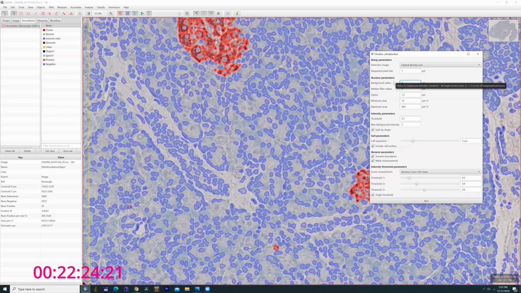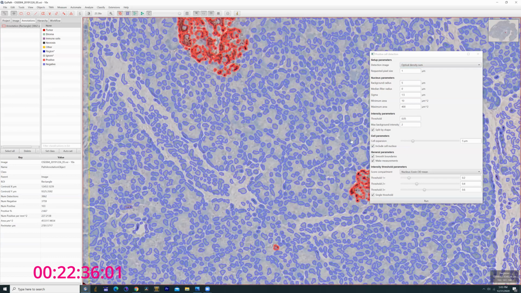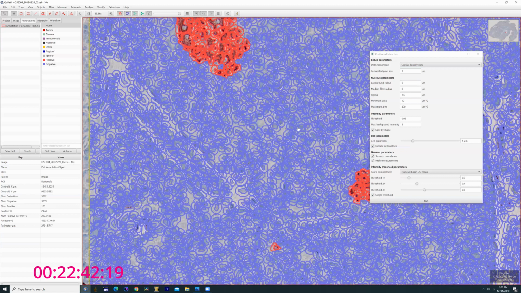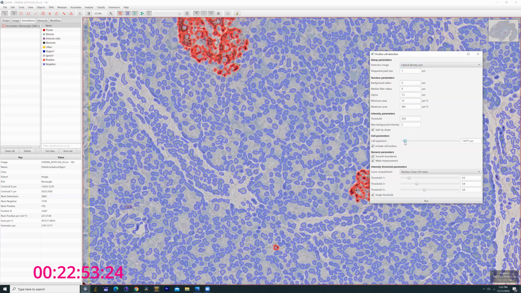It's trying to, let's try lowering this down to 0.05. This is a starting point anyway. So I'm going to right click and bring that cell wall back. Okay, so right now that's a little dense, maybe a little too dense. Here, just so we can see. So first we've tried to